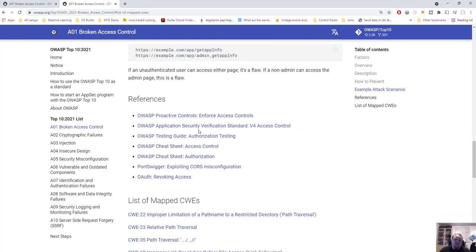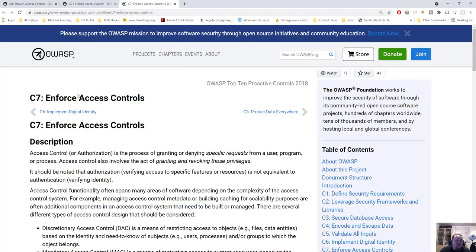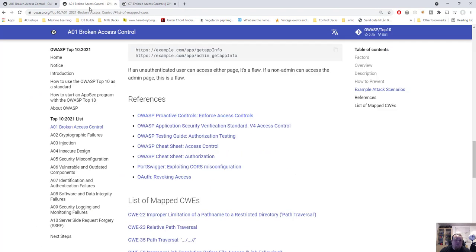OWASP has some other very interesting parts that we need to look at. The first one was called OWASP Proactive Control Enforce Access Control, and when we click that, we get to the C7 Enforce Access Control. The next one is called the Application Security Verification Standard version 4 Access Control,